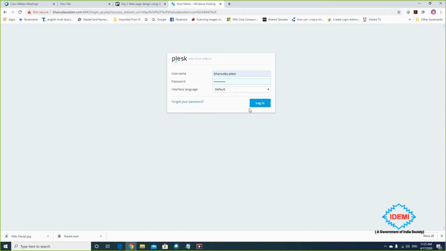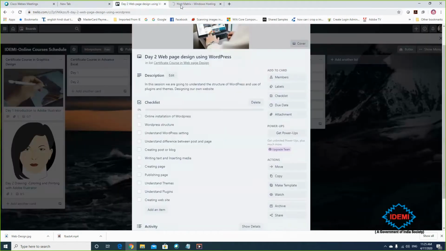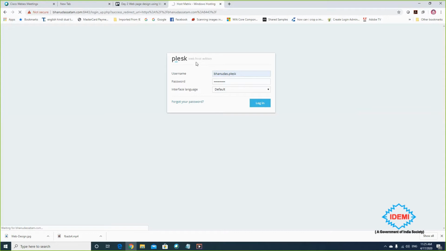So here when I'm clicking on bhanudas.flex, and the password is obviously I'm not going to share that, and I'm clicking on login, so it will take me to some environment, and that is a control panel environment here. So look at that. So it will take a time. So now it's giving me some control panel here,